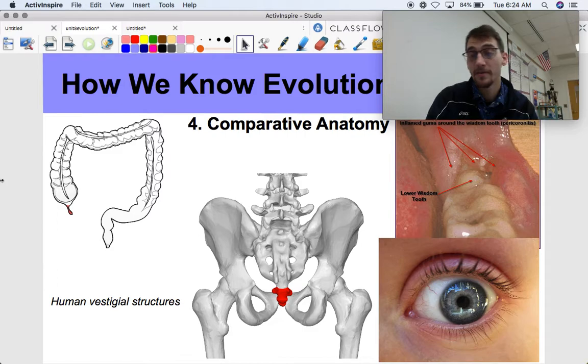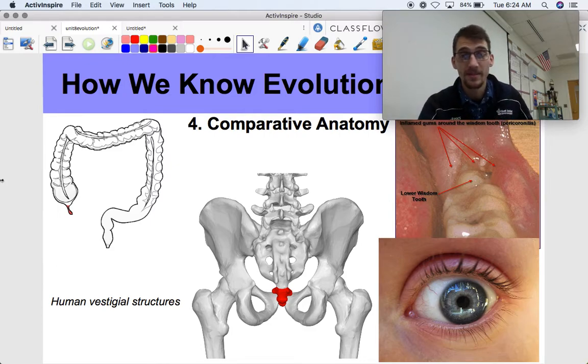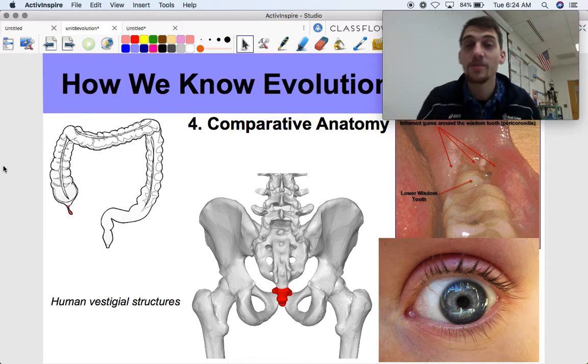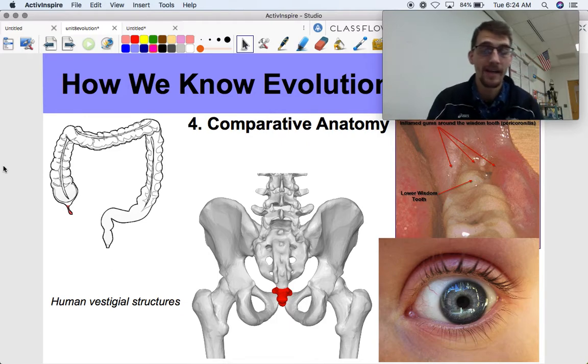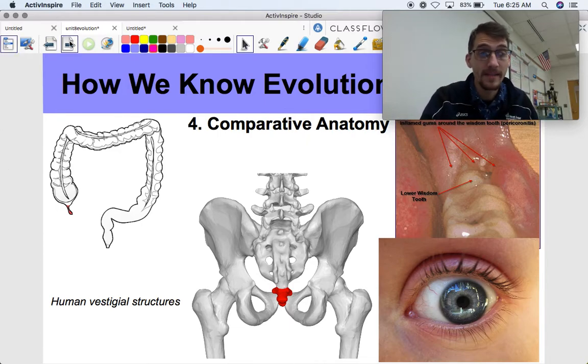So if this isn't making sense to you, guess what? You have a bunch of vestigial structures too. And why do you have wisdom teeth? You had a common ancestor that once used them. Why do you have a tailbone but no tail? Same thing. You had a common ancestor that once used its tail. Same with your appendix, and actually this fleshy part in the corner of your eye. It's the remnant of what you call a nictitating membrane. So if you've ever seen a lizard or a bird use its second set of eyelids and go from the corner like that, that's what's called a nictitating membrane, and you have the remnant of one of those.